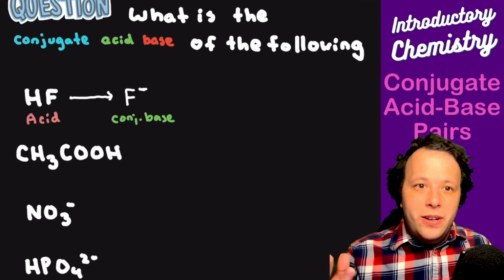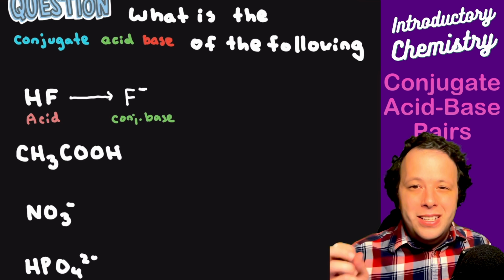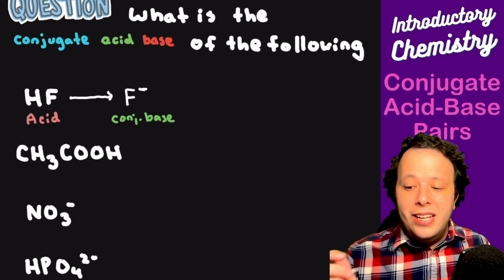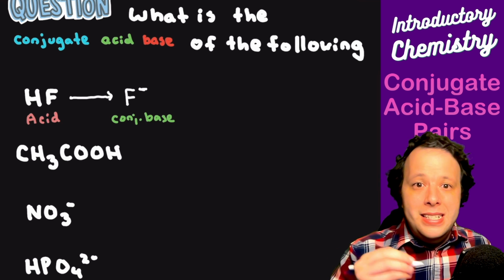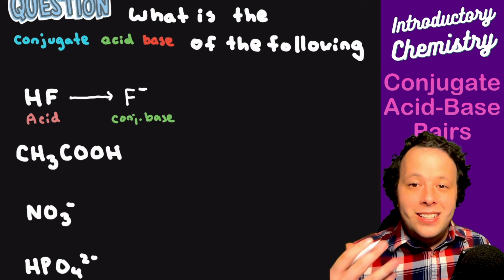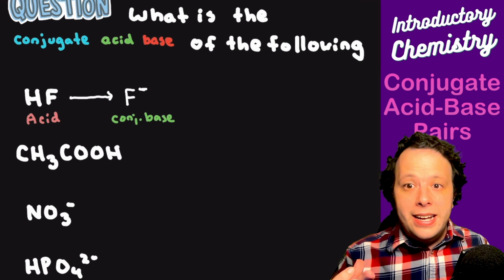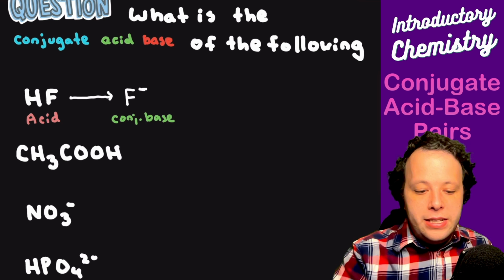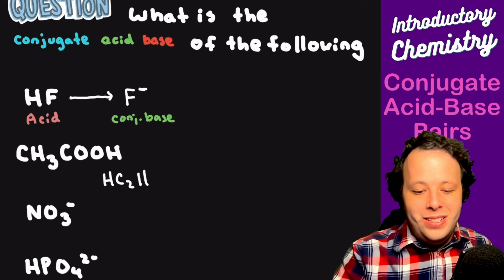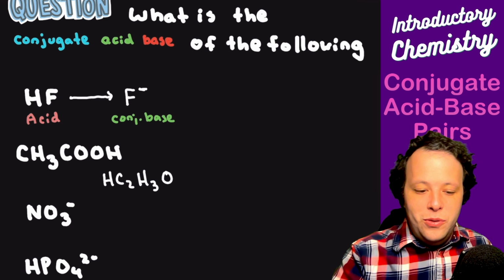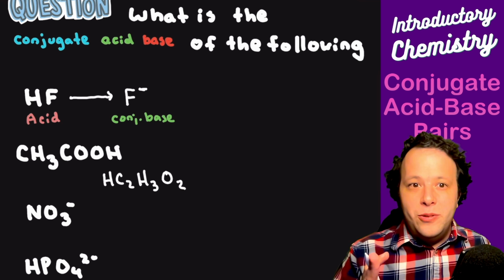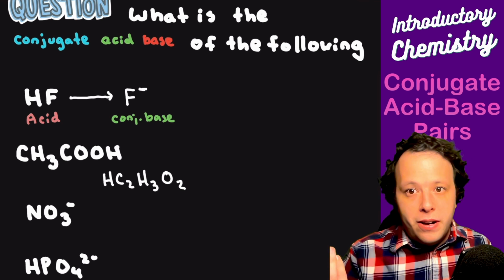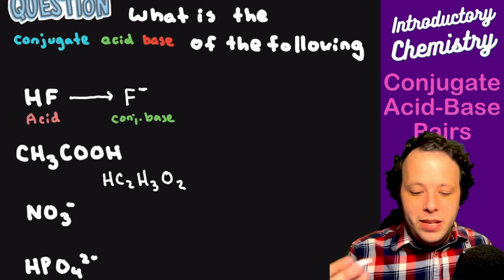On this next one, this looks a little bit different, and that's because I wrote it purposely like an organic acid. This is the acetate ion connected to a hydrogen, so it's acetic acid or vinegar. One way that this can be seen is CH3COOH, or it can also be shown as HC2H3O2. So there's another way to represent that, so that the hydrogen's in the front. It depends on what you're looking at.